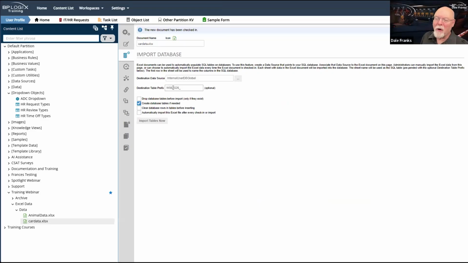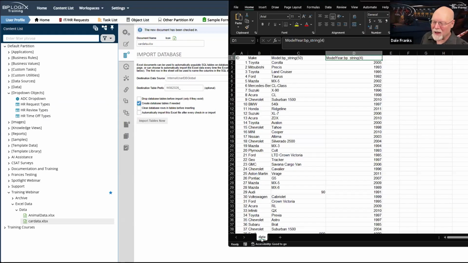So I think for my car data, I think I probably should rename it to something like vehicles. Maybe I should, and then re-import it. So let's rename this, and we'll just call this vehicles.